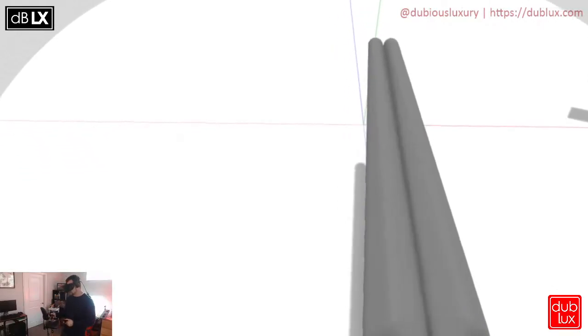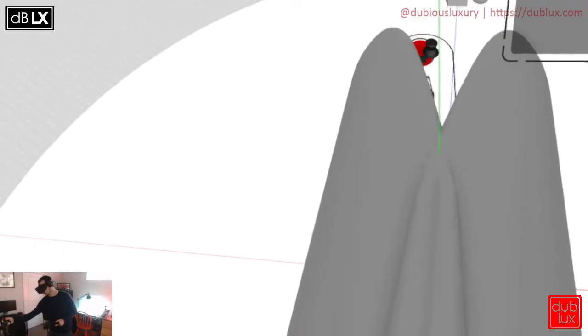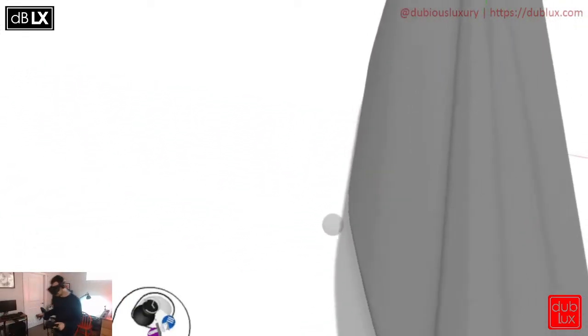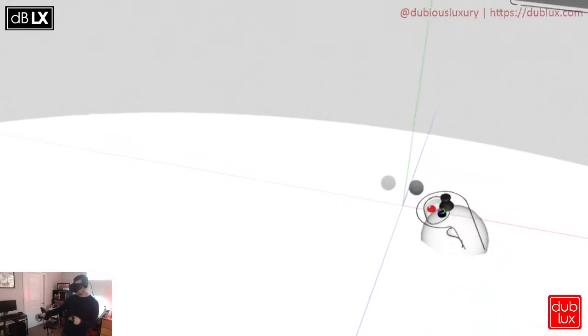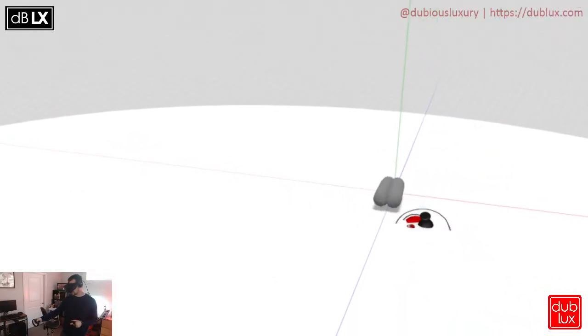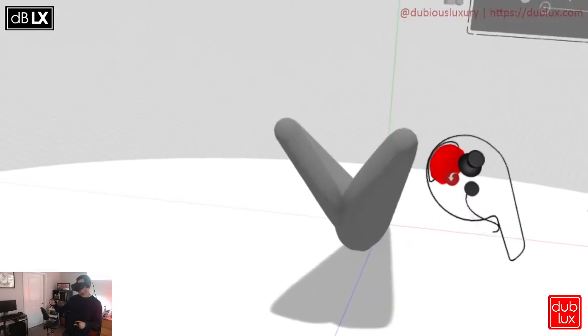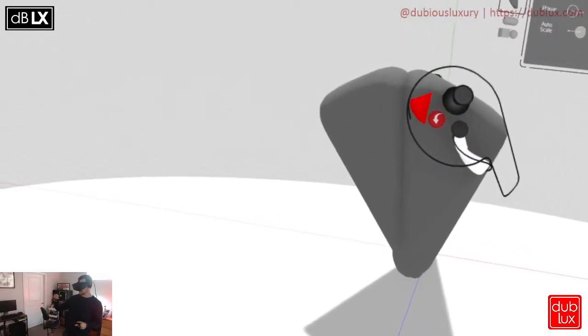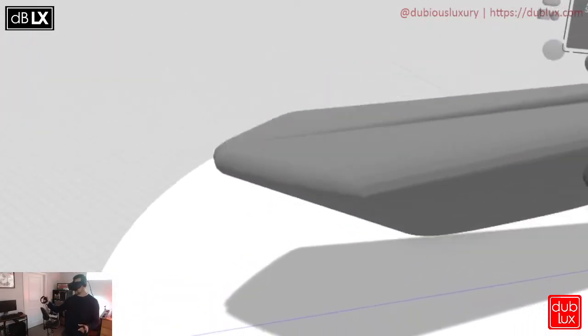I'm gonna start with a volume for the hull of our boat. Looks like a nice boaty McBoat face looking hull. Kind of more like a catamaran though, so let's try that again. I'm gonna start from the bottom, working on the keel, and then maybe widen out, and then close again. And then that's a nice prow. Then maybe we can just kind of tilt that,